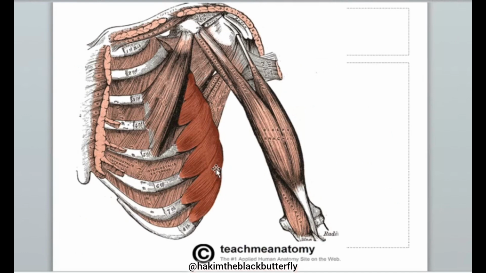Serratus anterior. This is the muscle. Serratus comes from the word serrated. When you look at its anterior margins, it has a serrated margin. This is what we call a serrated margin. Because this is its origin, the origin is visualized on the anterior aspect, but the muscle goes and inserts posteriorly